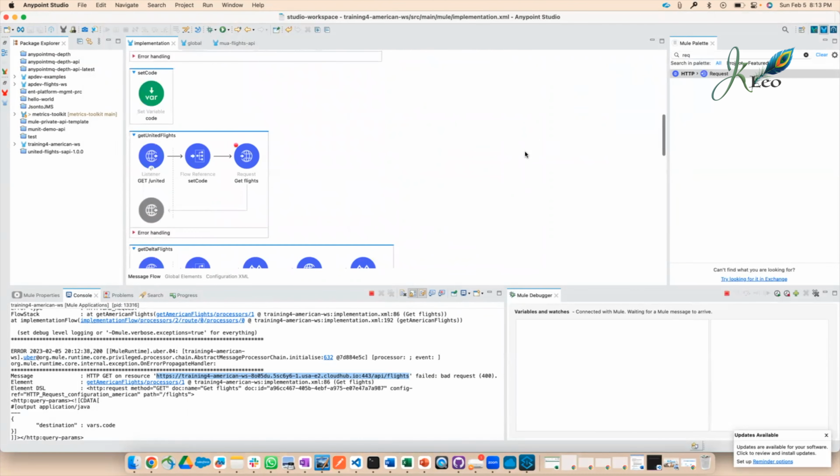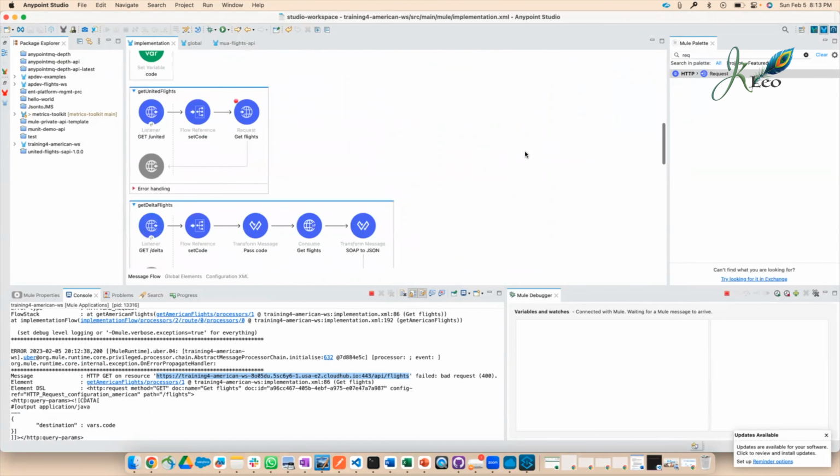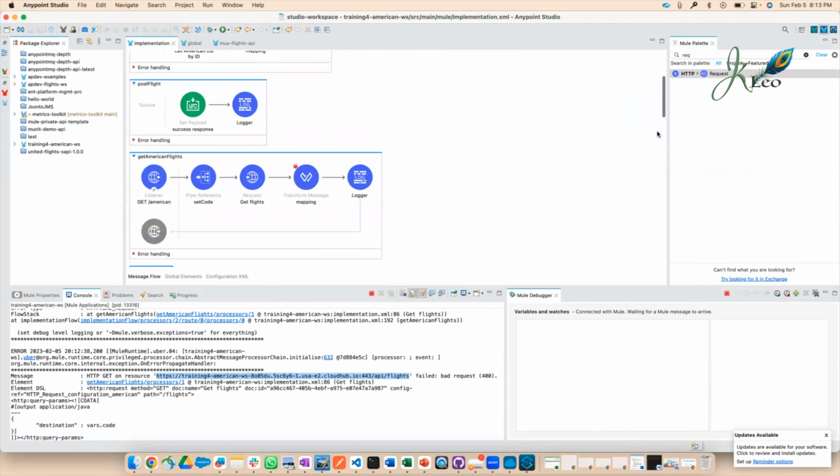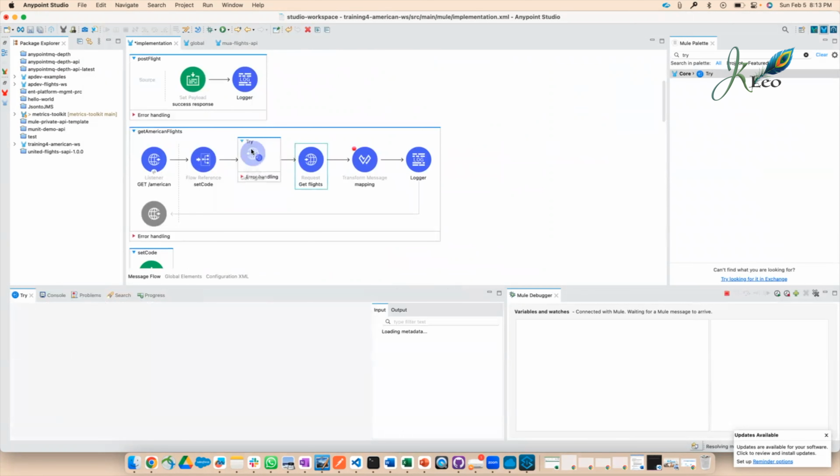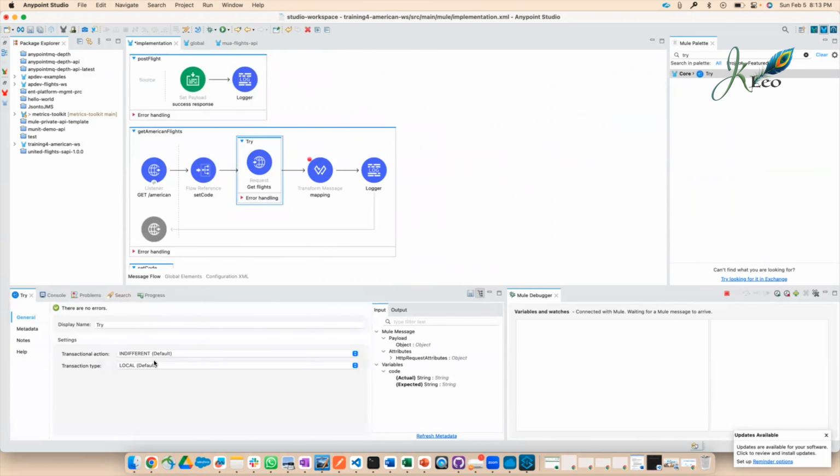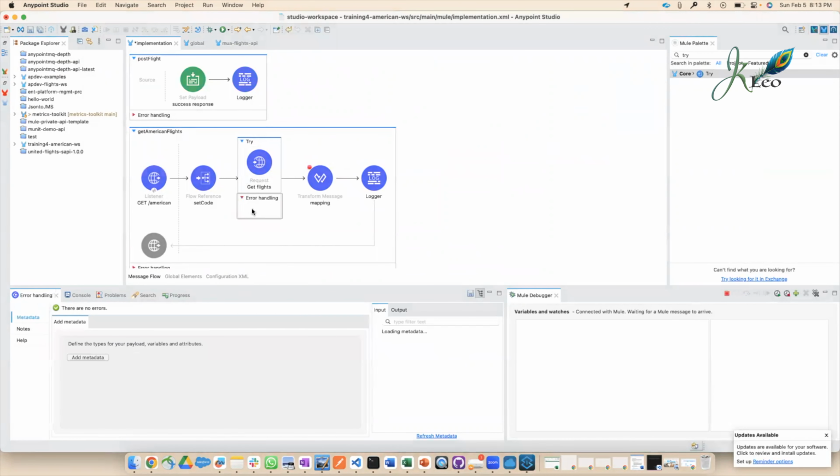Or you can do another retry. Retry means it will test automatically. Okay, one more, there is a try block. So in the try block, you have to pull and put this in this try block, because I know this is the place where I'm getting error. For this place, there is a special error handling block also. If you put this try block, there is an error handling block also coming with it. So here I will say,